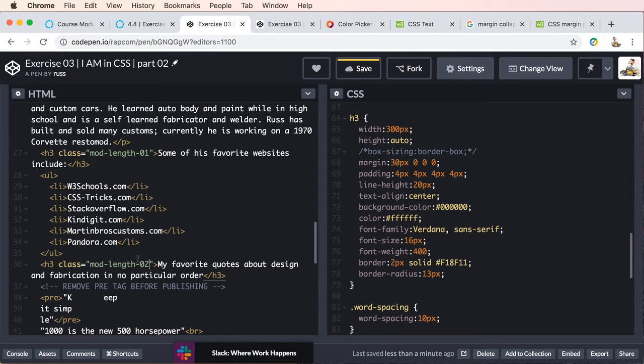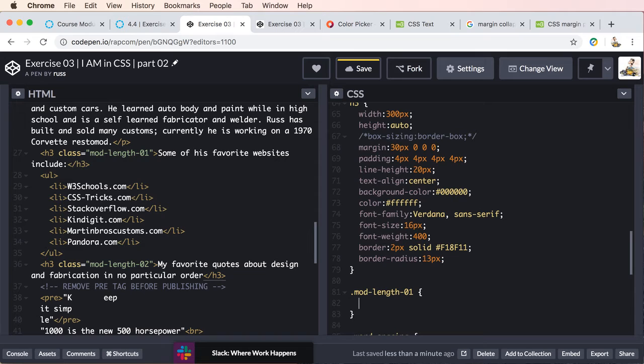Okay, so we should be able to now go after our H3, and I'll just paste in all of this, and I could have just typed it out, just being lazy here. So we'll do dot mod length, or modify length 1, and let's go ahead and add our curly braces, and we're going to adjust the width. So let's set the width,